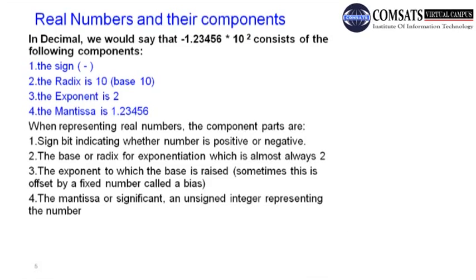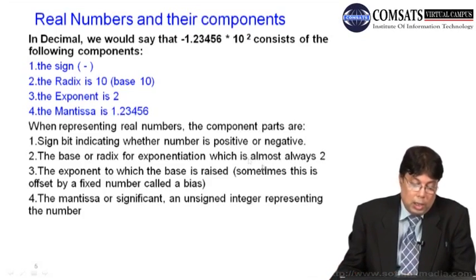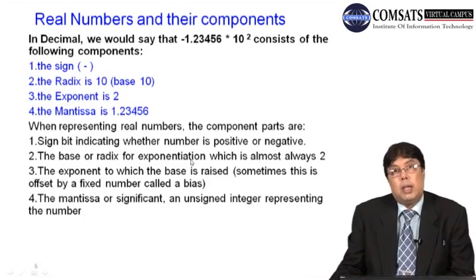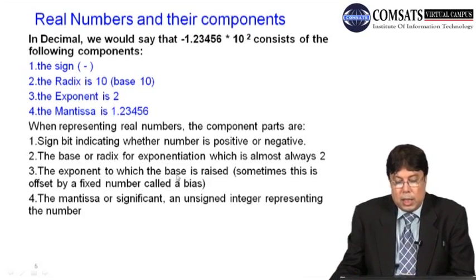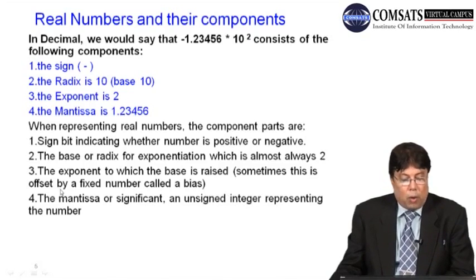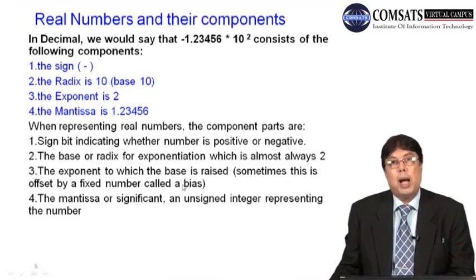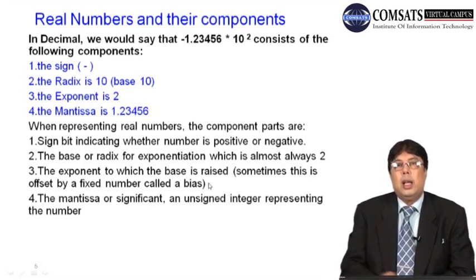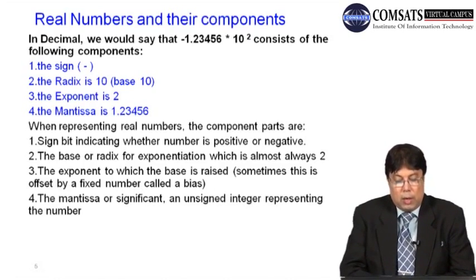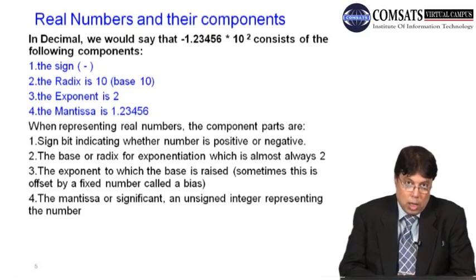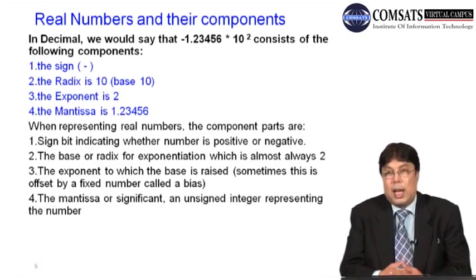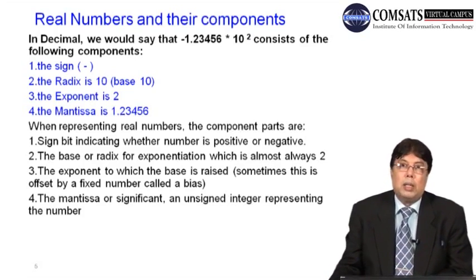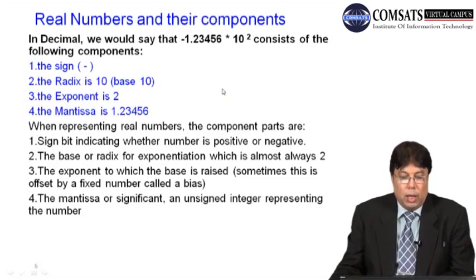But since we also need to manage that, we need to convert the radix into binary, then we need to take care of the exponent also, which is automatically done by the system for you. Then the exponent to which the base is raised is sometimes offset by a fixed number called bias. So we need to calculate the bias also, because we need to calculate it with reference to some fixed numbers. Then the mantissa or the significand, the unsigned integer representing the number, is the 4th component of our